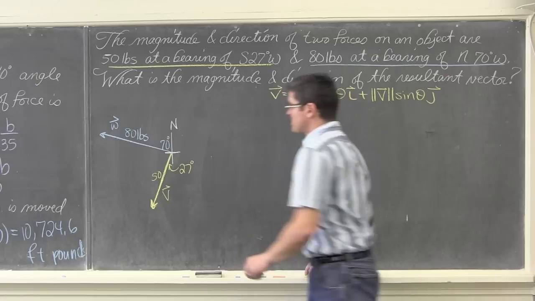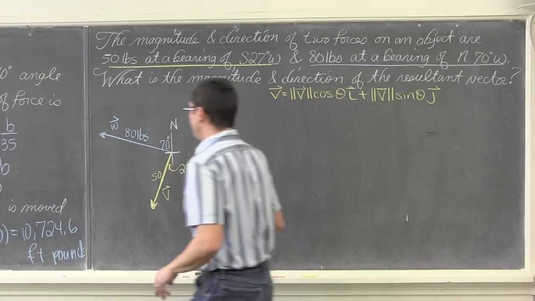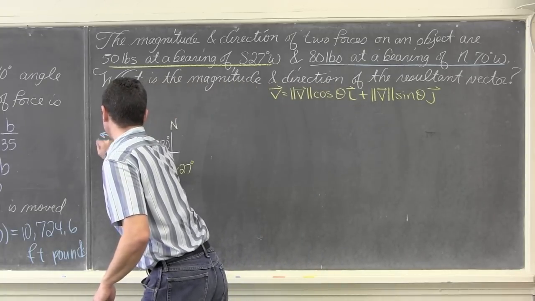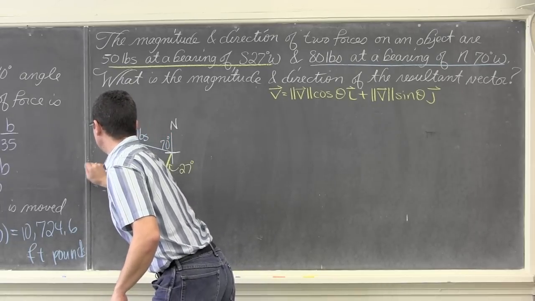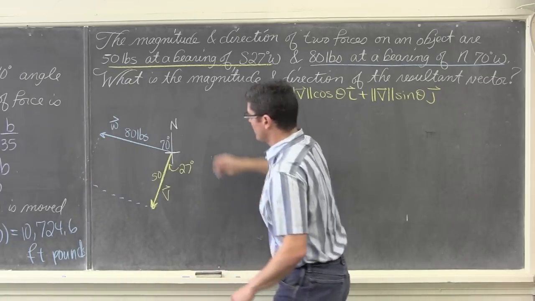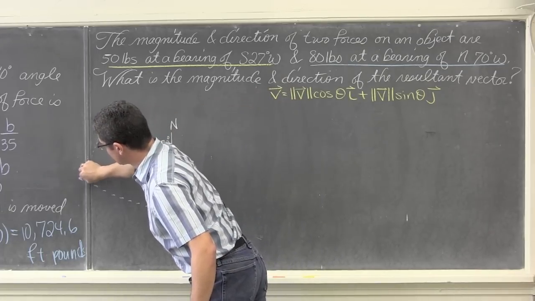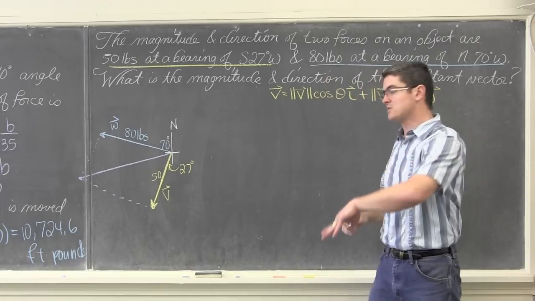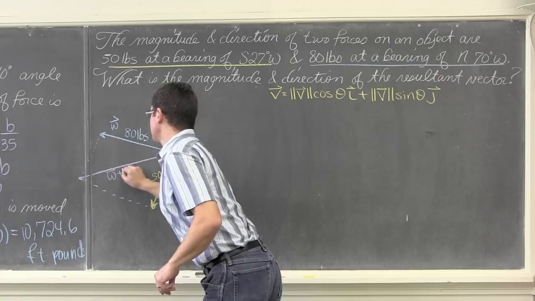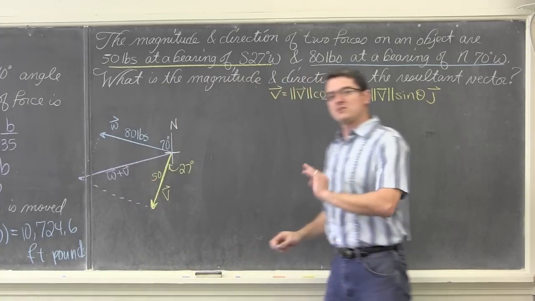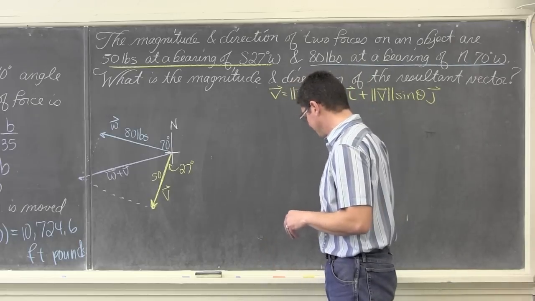Okay, so we've got it drawn. Let's give you a representation of what the resultant's going to look like. So let me finish my parallelogram here that we're starting this drawing off with. And we're going to find the resultant vector, which is down here. If I've drawn this somewhat reasonably, it looks like there's a downward slope. So this resultant vector, which is going to be W plus V, or V plus W, is going to be in quadrant 3. We'll need to keep that in mind when we find the final direction of this vector.